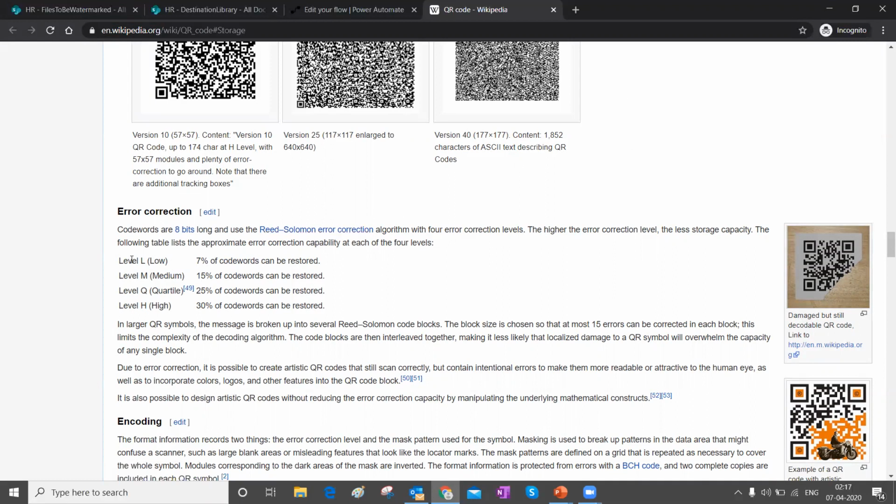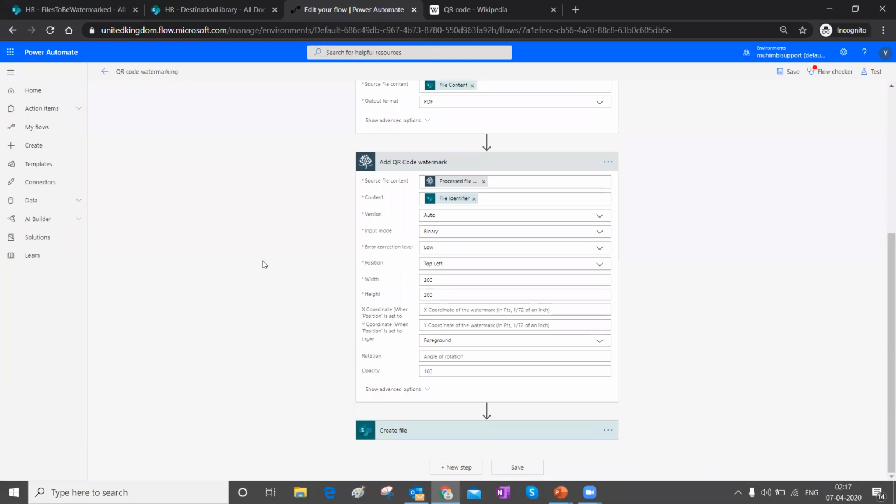For example, if I select level L, then only 7% of the code words can be restored from the damaged QR code. If I select level H, then 30% of code words can be restored from the damaged QR code. Okay, this is quite simple. That brings us to the